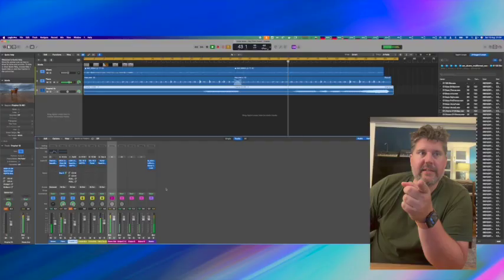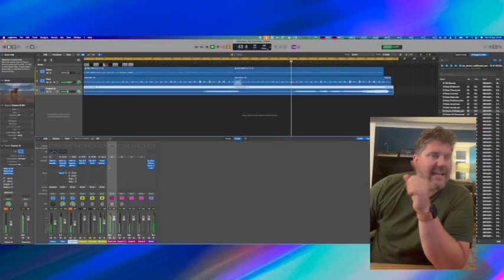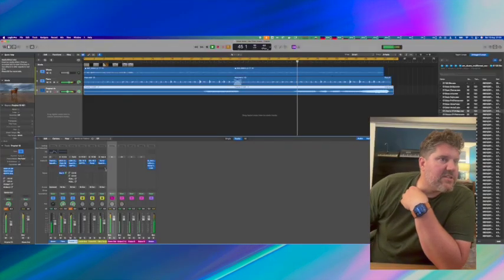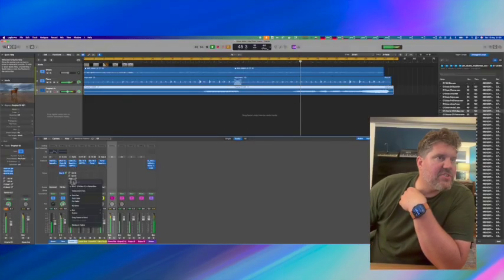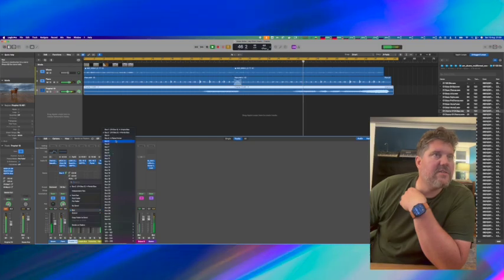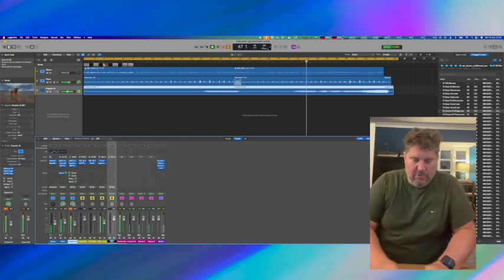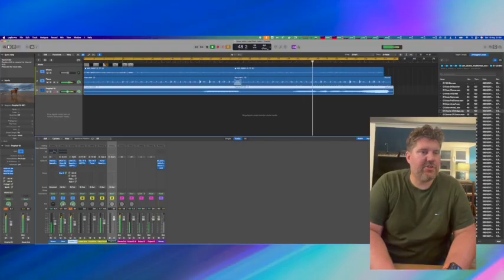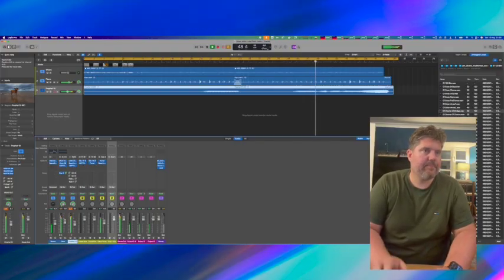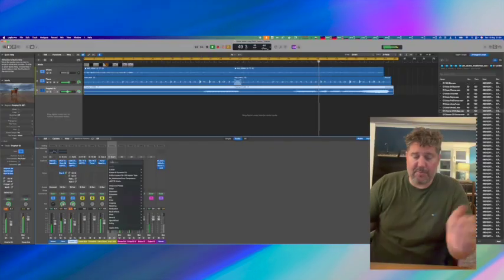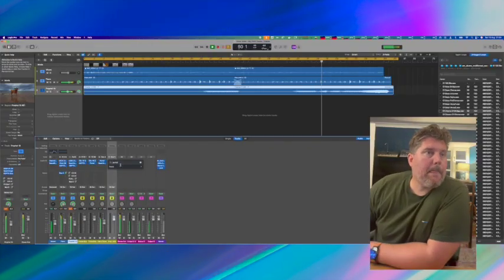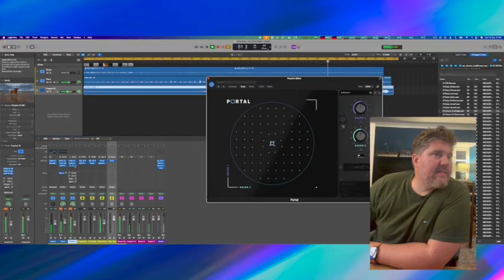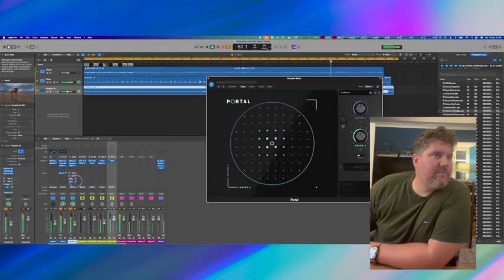I'll do one last thing, just because I can't help myself. I'll add some glitch to the Prophet, just to give it maybe some rhythm going on somewhere, right? So we'll take this Prophet and we'll send it to a new bus, and we'll call it Prophet glitch. And I'm going to use Portal because I love it. And I'm going to need to send some of the volume